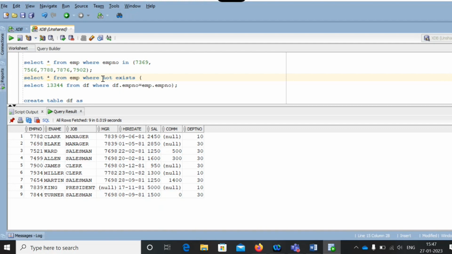If you are using exist, it is true, false, true, false. All the satisfied records the system will treat as true records, and all the unsatisfied records it will treat as false. If you are using exist, it simply gets the true values for you. It doesn't fetch the false ones. That's the reason you will get data faster.